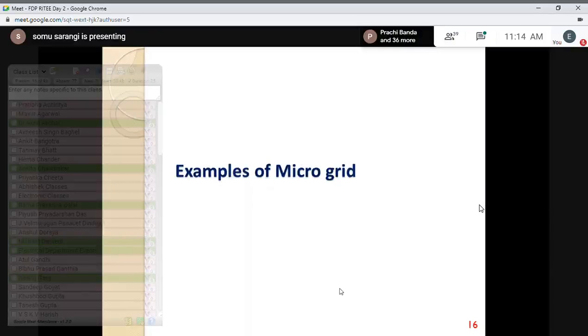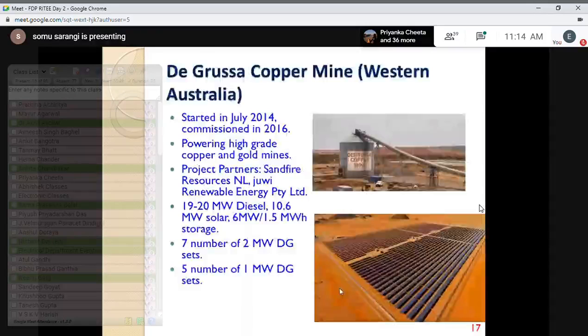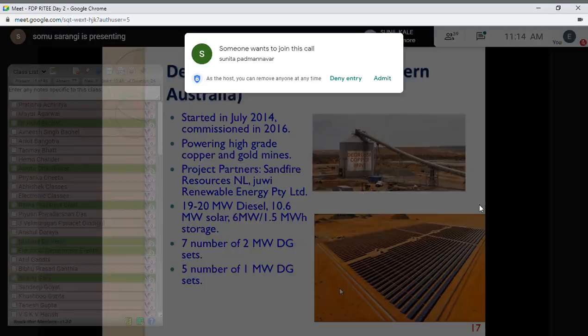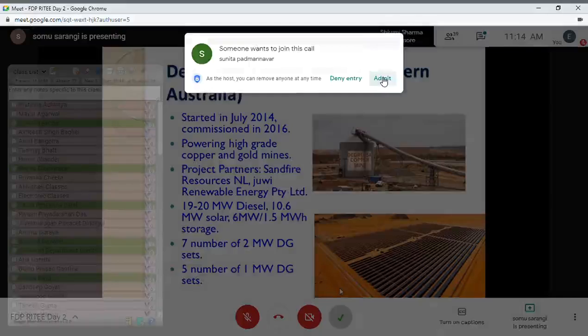So if you are observing the different types of microgrids we have, you can observe here a copper mine in Western Australia. We have found a microgrid that started in 2014 and was commissioned in 2016. It has 7 sets of 2 megawatt DC and 5 sets of 1 megawatt DC. And it is supplying very well,